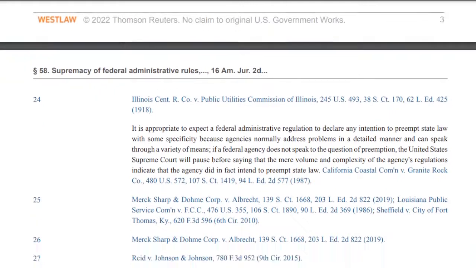And then we had another one, number 24, Public Utilities. Is it appropriate to expect federal administrative regulations to declare any intention to preempt a state law with some specificity,